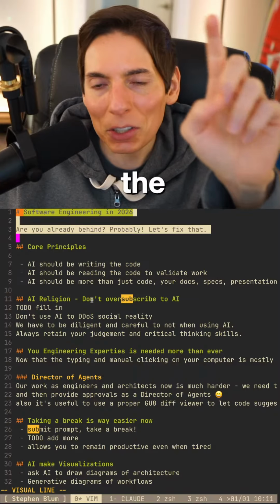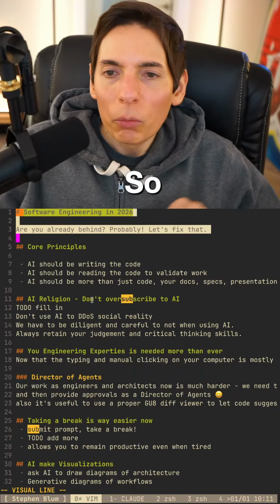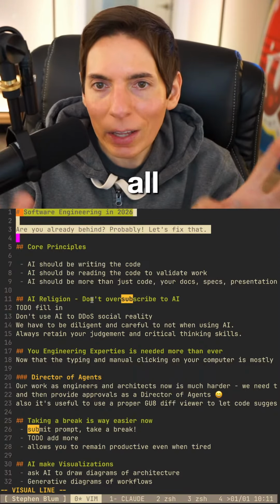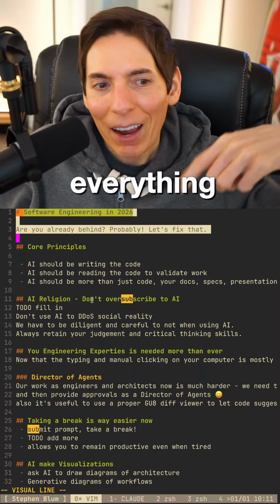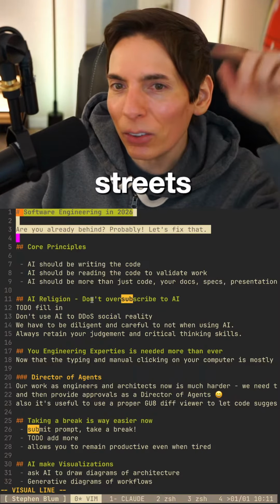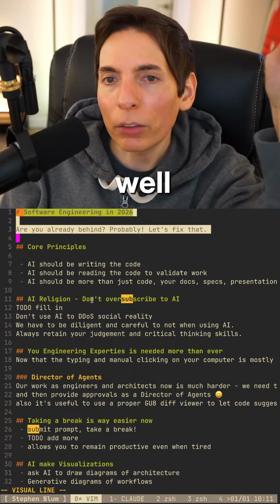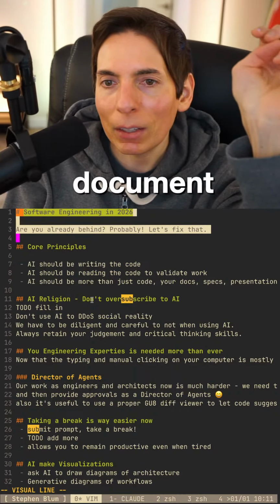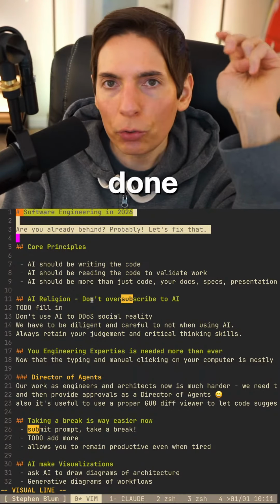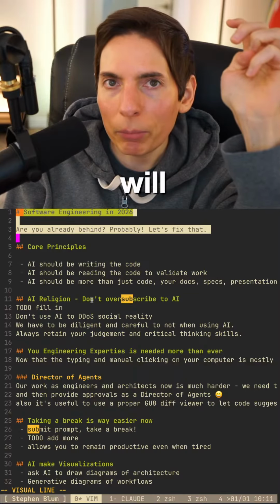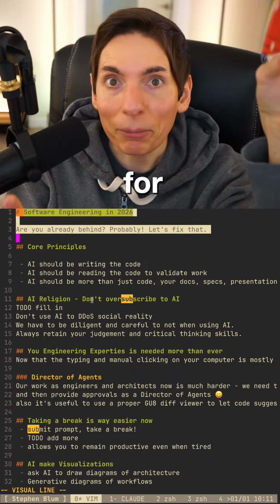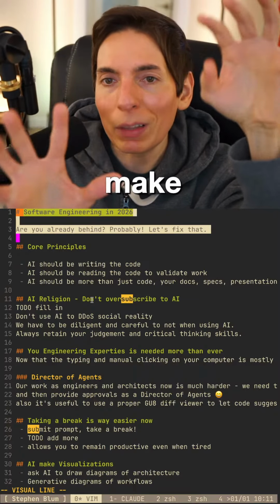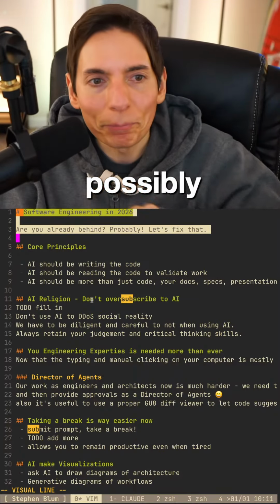So what I'm going to do is take everything that I spoke about and transcribe it, everything that came in here on the stream, all the subtitles, we're going to grab that as well and throw that into this document. Even after we're done streaming, I will grab that transcript and append it to this doc. That's my plan for today. All day, I'm going to make this doc as good as I possibly can.